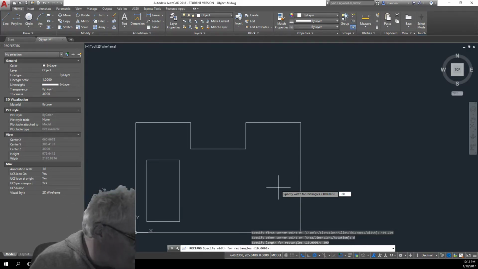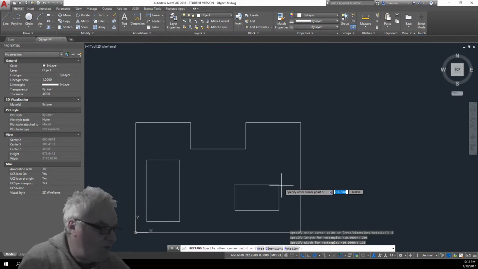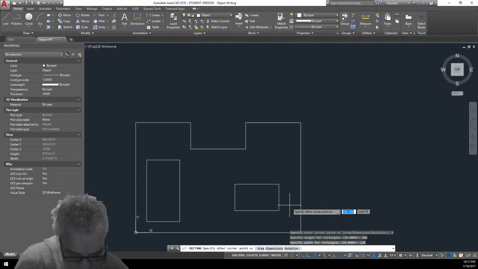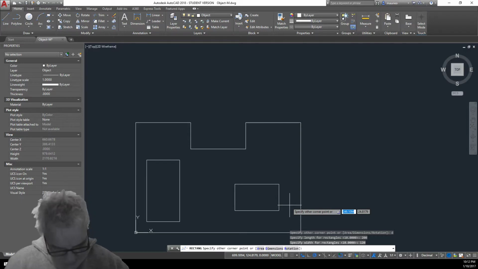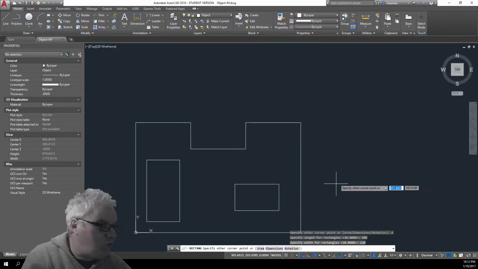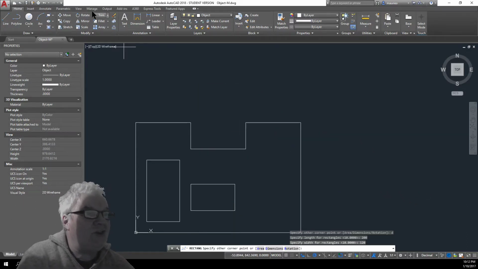Now, I'm not quite sure. Oh, yeah, that looks about right. Okay, so it looks how we've got it. Yes, all right, so let's go back. So that's got the rectangle drawn. All right, and now draw a second rectangle like that, and then it says save the drawing. Okay, so we'll go,